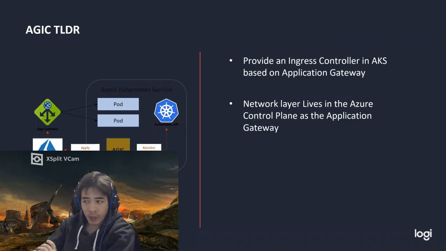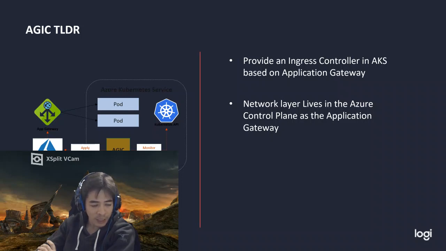Now let's spend a little time on AGIC. So the too long didn't read description: AGIC stands for Application Gateway as an Ingress Controller. As you can see on the left side of this slide, we have a little schema. We can see that the Application Gateway is used as an Ingress Controller for the pods which are using Ingress objects. The main advantage of that is that we are decorrelating the Ingress controller under-the-hood stuff from the Kubernetes cluster.